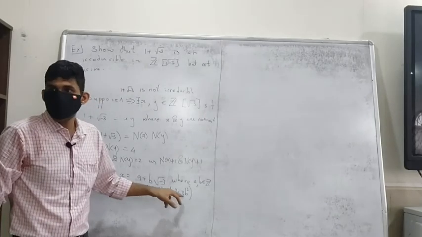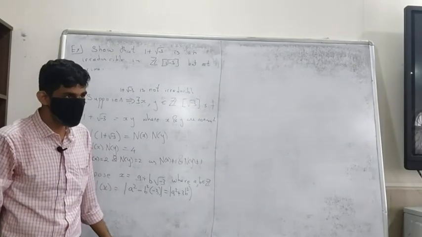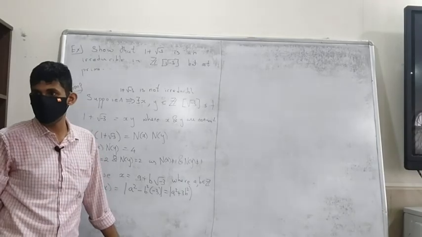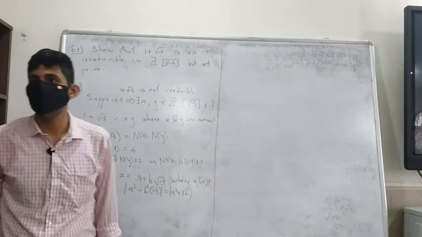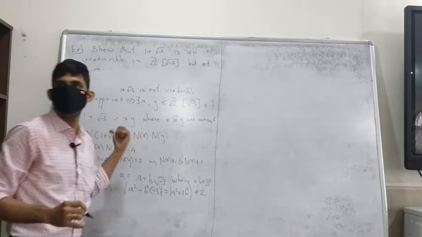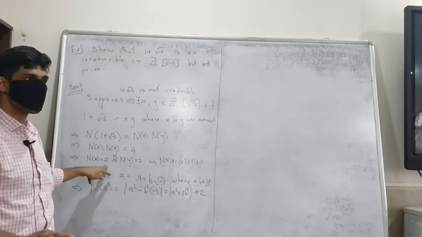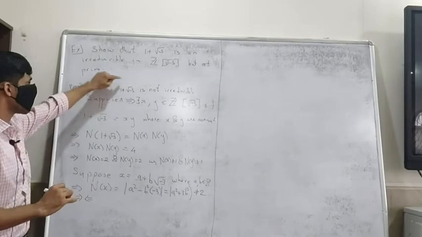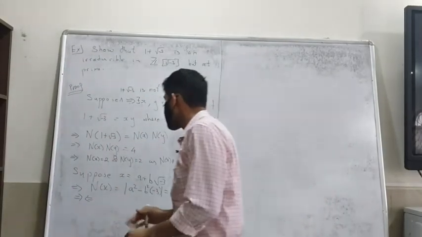If a is 0, then the number will have to be a multiple of 3. There are multiple ways of showing that 3b squared is never equal to 2. So therefore a and b both cannot be 0. But if a and b are non-zero, this number is going to be greater than 3. So in either case this can never be equal to 2, so we've got a contradiction. For any choice of a and b in Z, this cannot be 2, but I've said that this is 2, right? So that's a contradiction. So this contradicts the assumption that this is not irreducible and therefore it's irreducible. Okay, so we have proved it's irreducible.